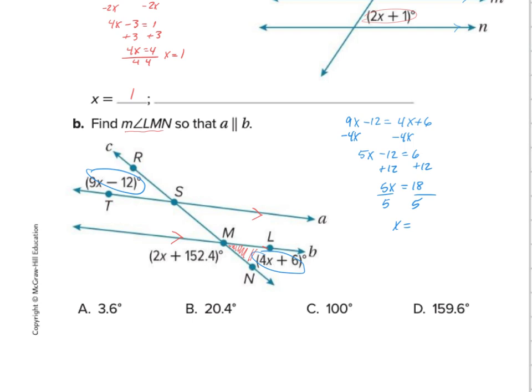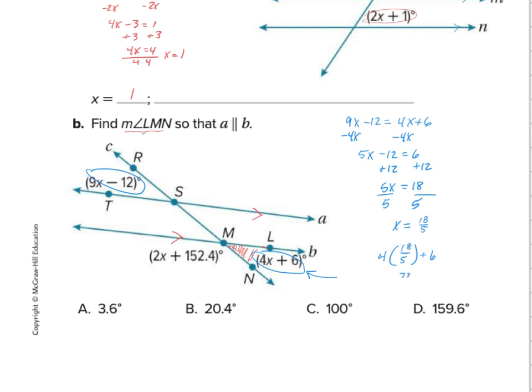I'm just going to say 18 over 5 for right now. And so this is the angle I'm trying to find. So angle LMN would be 4 times 18 over 5 plus 6,